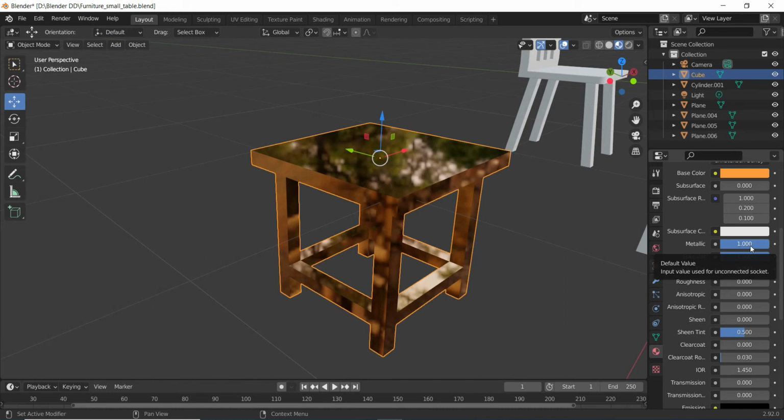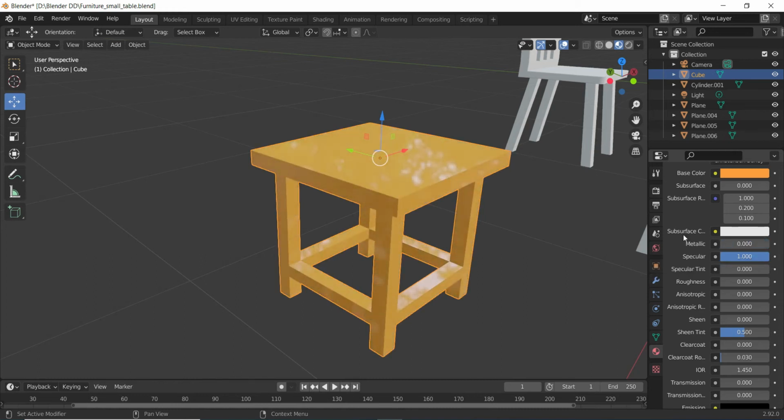So first of all, I'll keep the metallic to 0. Specular, this is my choice. I don't want to keep the specular on the higher side because I am considering that my object is being made from some wooden material, which is not very shiny, and has a little bit of specular and mostly a bit of roughness. So specular value I'll keep around 0.45 or 0.5, with a bit of roughness.